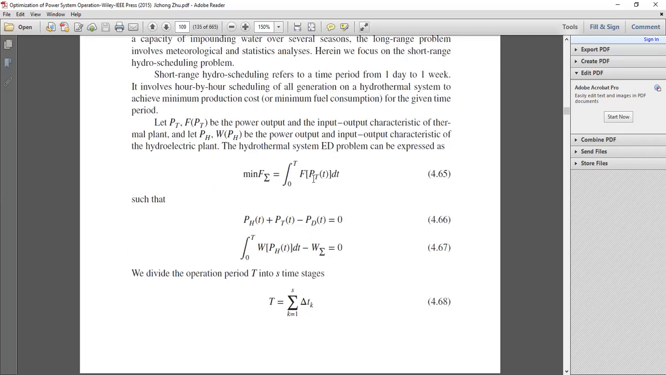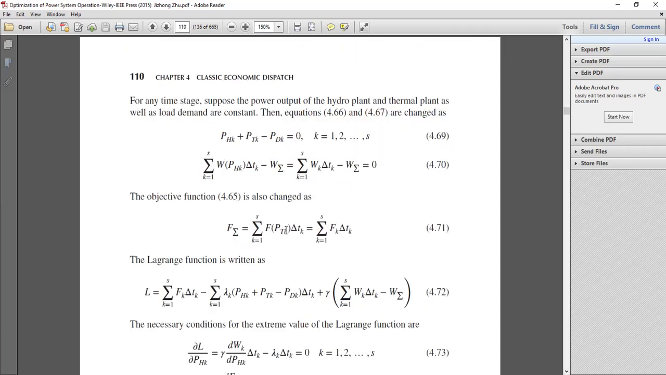What did we have here? This was pt of any time t. Now it has become ptk at a certain instant k, then del tk, and again as we did here, wk was simply w of phk. So here also fk is simply f of ptk. So we remove the function term and simply we represent this function of ptk by simpler term f sub k. This is 4.71. So now all of our objective function as well as the equality constraints are transformed into